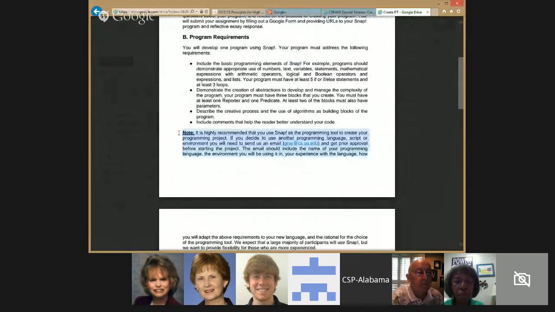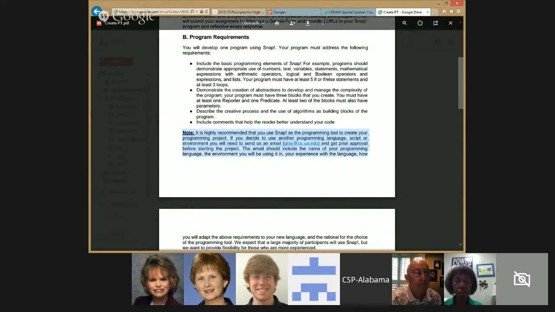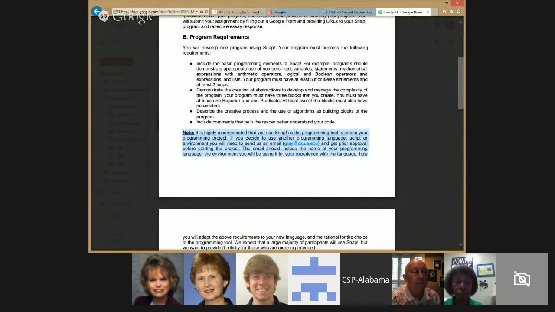It says, it's highly recommended that you use Snap, but if you want to use some other language, that's fine by us. We just ask you to write. I guess if you're doing it in Scratch, you don't have to write to us. That's fine. You just need to share your Scratch program with us. But you can use a language other than Snap. That's fine. We just ask you, if it's something like Python or C++ or something, please email us first. Ann, does that help?